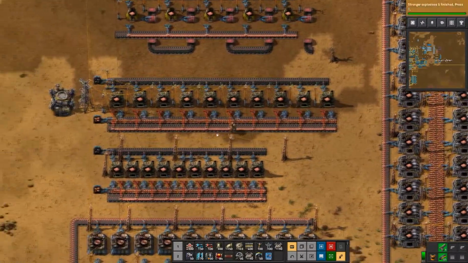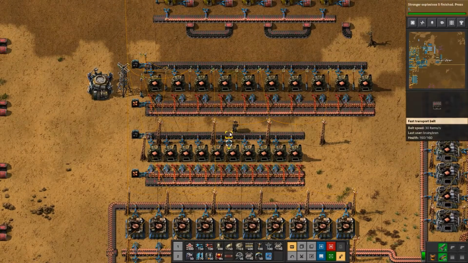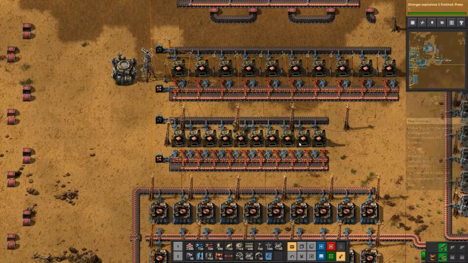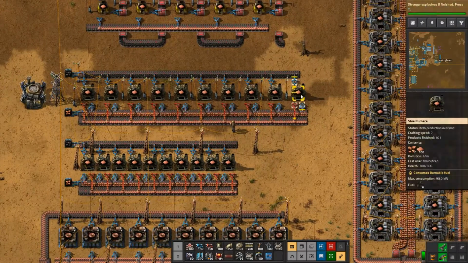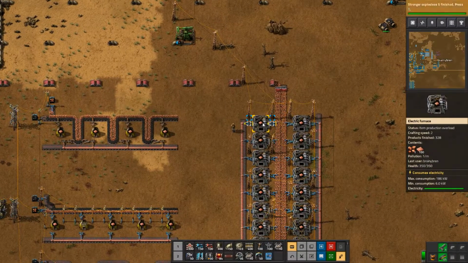And as you can see down here, we have the upgraded version, the medium electric pole, which has more radius, which allows you to place all these furnaces next to each other, and basically you can get 15 furnaces in the gap of what you once had 10. Then towards the mid game you should unlock the electric furnace, which is great really because it no longer requires coal,